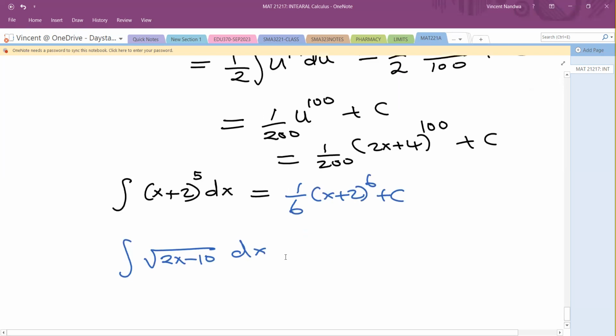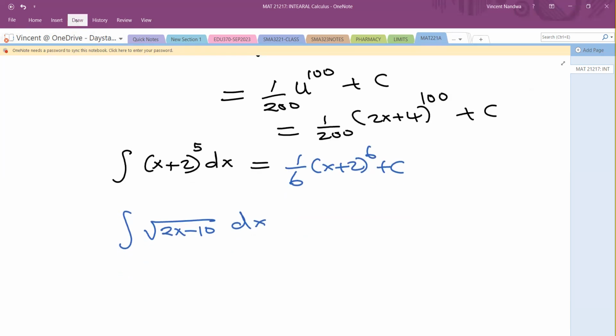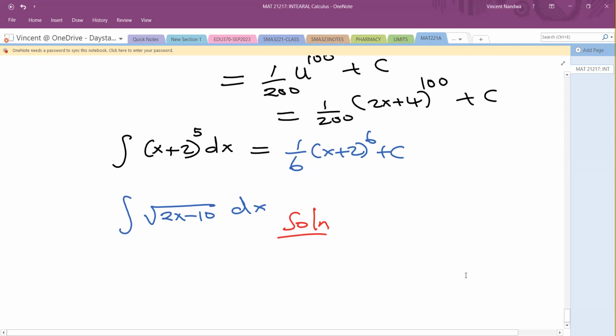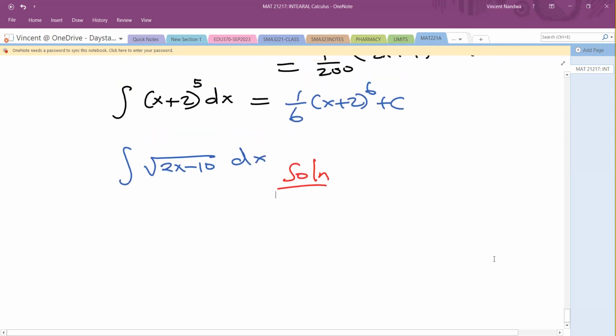This one I'm doing, and then I give you another one of the same type. So square root means raised to power half. Square is raised to power 2. The nth root of a number means the number raised to power 1 over n. And square root of a number means the number raised to power 1 over 2. So just remember that. Which means that this problem is the same as